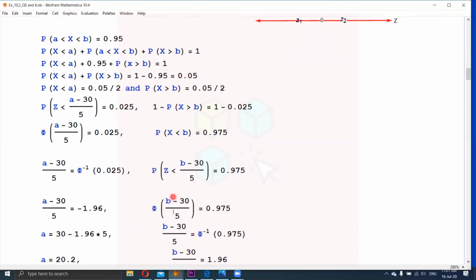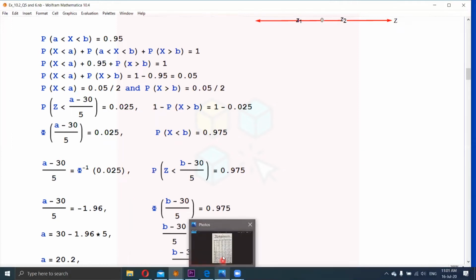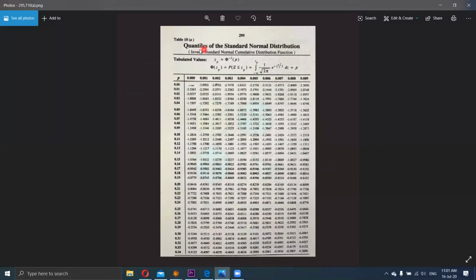So in this equation we can write it as phi of this point is equal to 0.975, and in the other equation we are taking this phi on the right side, so phi inverse, and using the phi inverse table, which is table 10a. So using this table we can observe the value of 0.025. This is the quantiles of the standard normal distribution table 10a, and z_p is equal to phi inverse of p. We have the given probability 0.025, and phi inverse of 0.025 is observed from the column under the caption P,